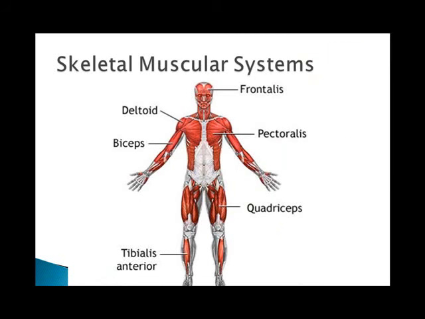Skeletal muscles are functional partners with the bones. Each skeletal muscle contains several bundles of perhaps hundreds of thousands of muscle cells called muscle fibers. Each individual cell is called a fiber. Tendons, which are cord-like straps of dense connective tissue, attach muscle to bone. So the way to remember it is bone to bone is ligaments, muscle to bone is tendons, and it goes in alphabetical order. Skeletal muscles are often